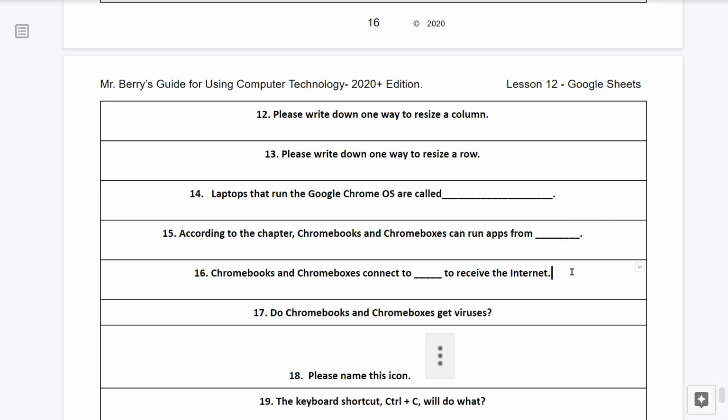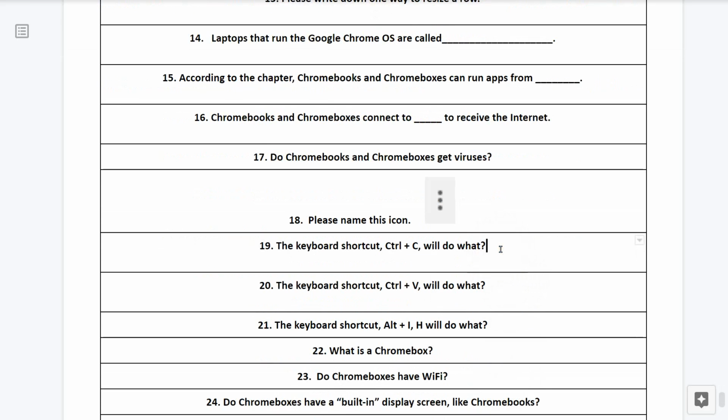Chromebooks and Chromeboxes connect to what to receive the internet? Question number 17. Do Chromebooks and Chromeboxes get viruses? Question number 18. Please name this icon. Question number 19.